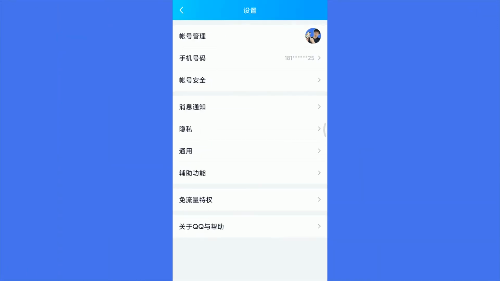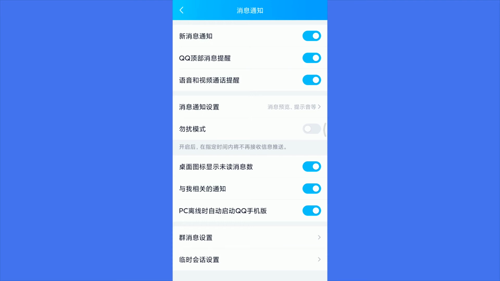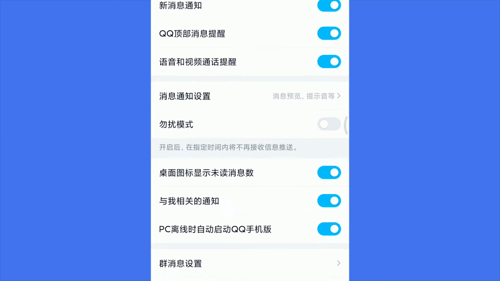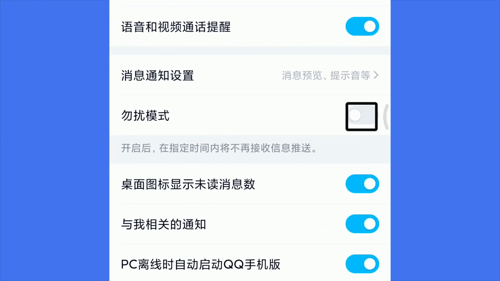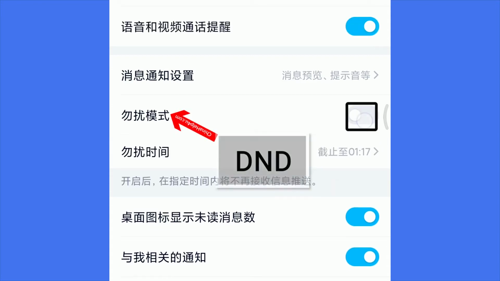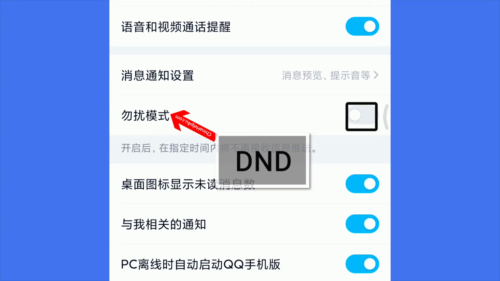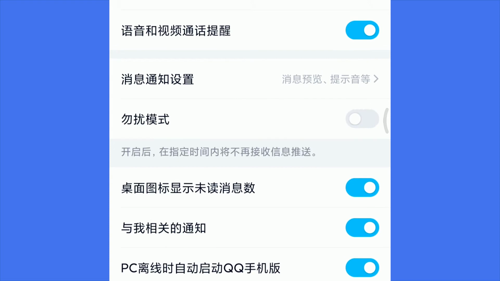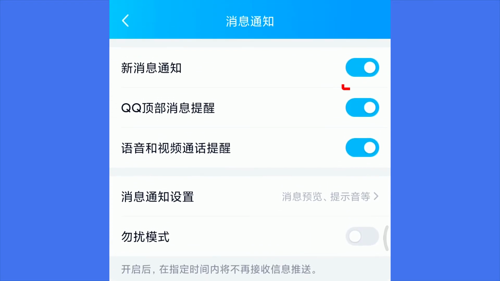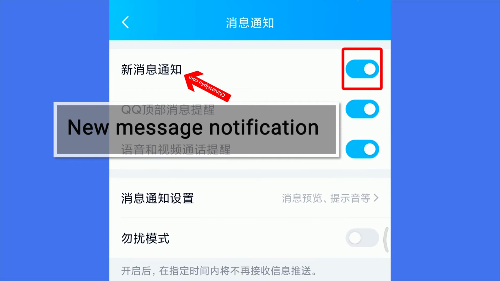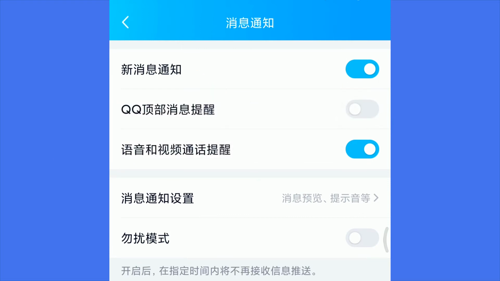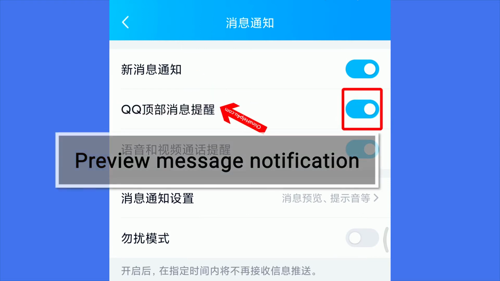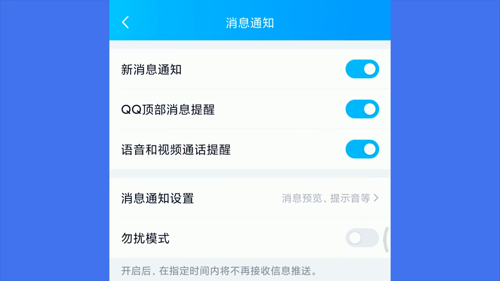If you want to get all message notification without missing anyone, then you can simply turn all this on except this one. This one, 勿扰模式 means turn all notification off. If you don't get any notification when the app runs in background, then check here. Make sure this button stay off. And for most of you, make sure turning this on. 新消息通知 means new message notification. Turn this on. You will see the preview message from status bar, like this.